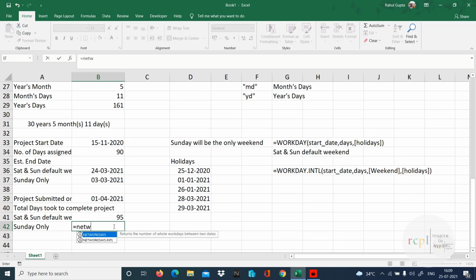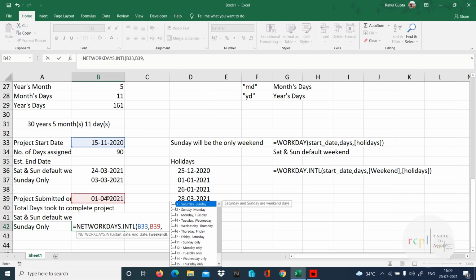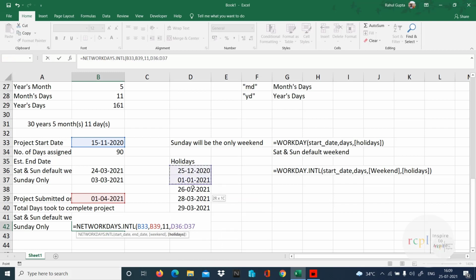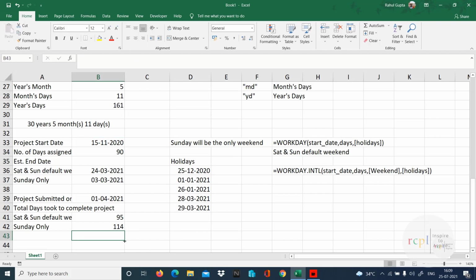So again, I have to use the function networkdays.intl. That's again international. This is the start date. This is the end date. Weekend, again we have to select 11, Sunday only. And these are the holidays which we have to select. Let's close. So 114 days that person took to complete the project when Sunday only is the weekend.